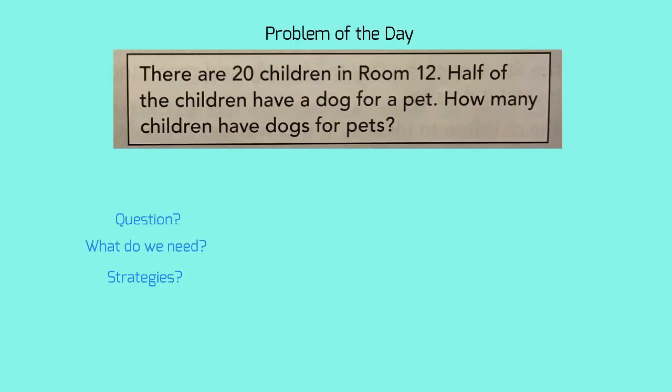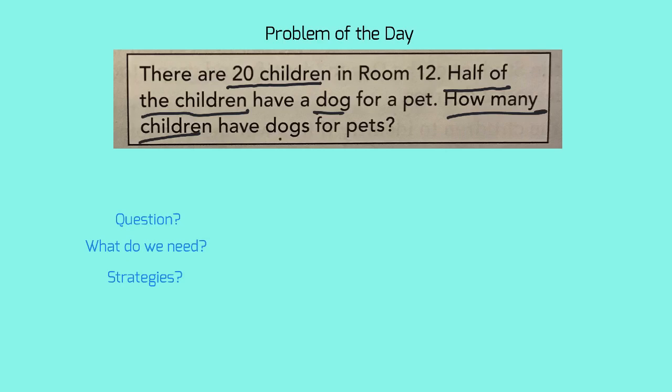All right, so this is the problem of the day. There are 20 children in room 12. Half of the children have a dog for a pet. How many children have dogs for pets? Okay, so first of all, let's look at the information we're given. There are 20 children in room 12. Half of the children have a dog for a pet. And now the question is, how many children